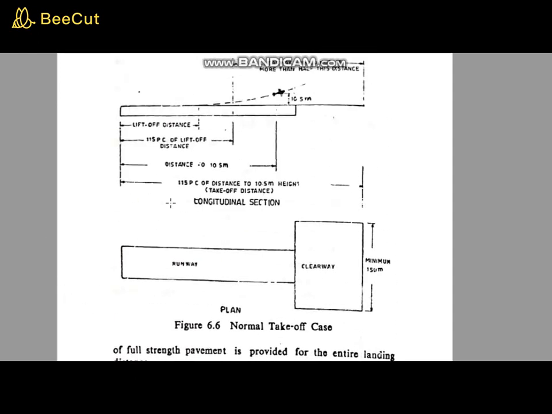The normal takeoff requires a clearway, an area beyond the runway. See, this is nothing but the clearway, which is the area beyond the runway, in alignment with the center line of the runway. The width of the clearway is not less than 150 meters and is to be kept free from obstructions. Any object on the clearway ground area should not protrude a plane inclined upwards at a slope of 1.25% from the runway end. See, it is described here.